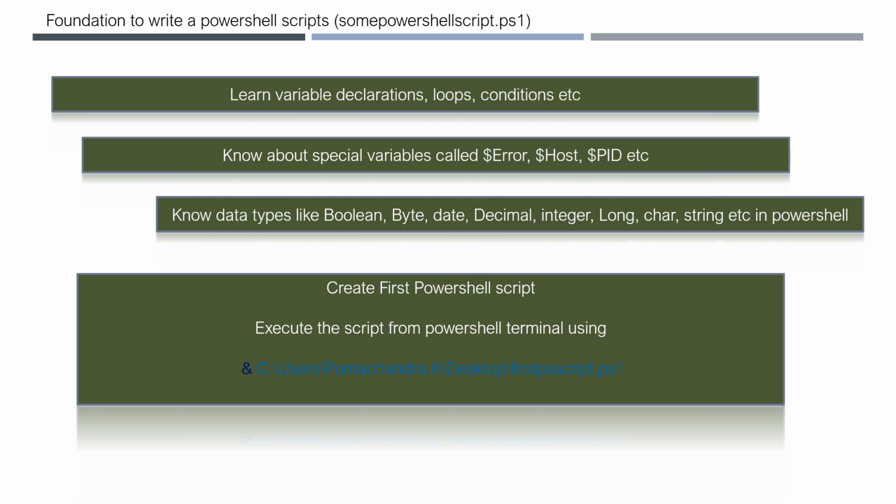Since you all are into IT, I don't need to talk about variables. We have the system variables as well as the user-defined variables. User-defined variables are what we define in our scripting. System-defined variables are from the system. You can simply use those to get some information. Okay, and we'll create the PowerShell script as well. The extension is PS1. So if you see any script, I mean xyz.ps1, that means that is a PowerShell script. So we will see all these things in action quickly so that you can write your own script.